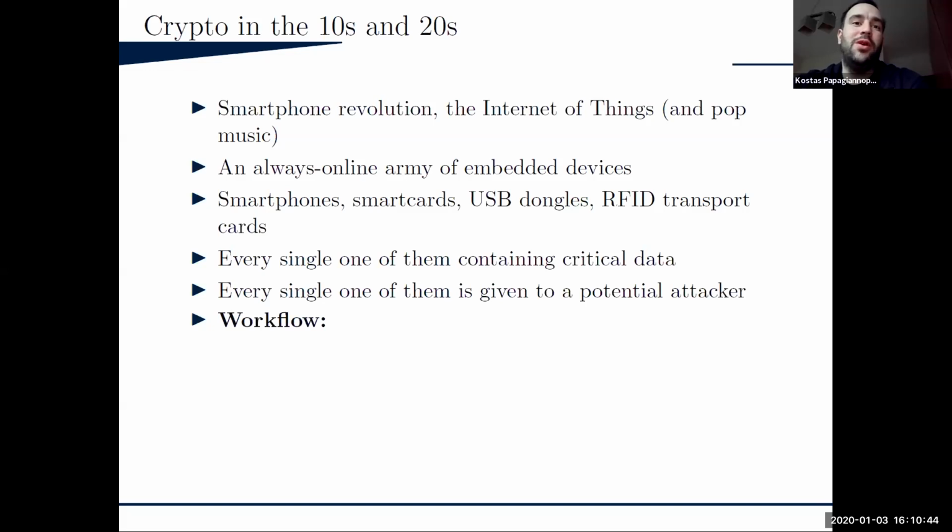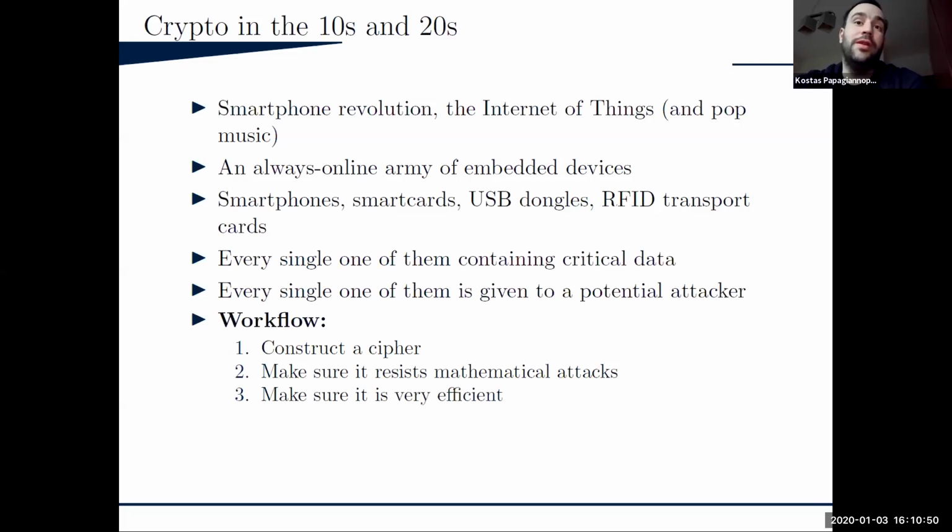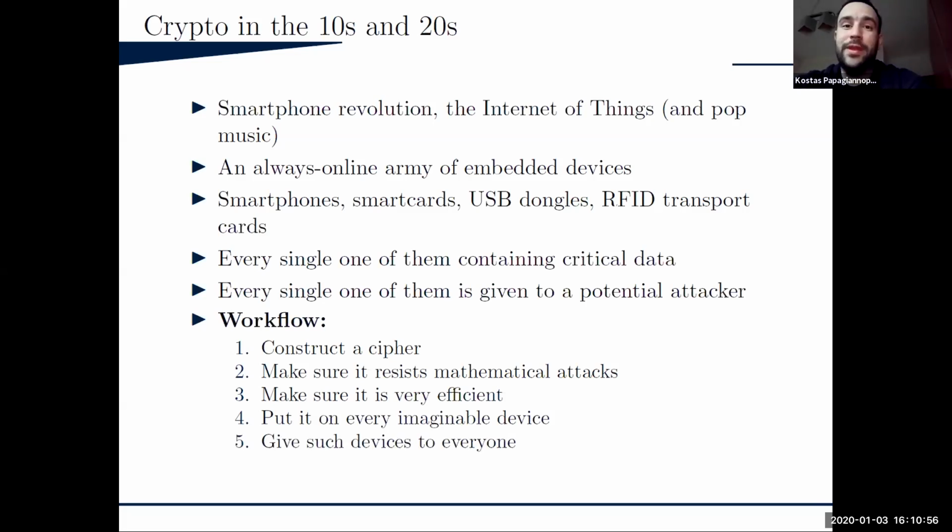The workflow changed a lot. You still were building cryptography. It should be resistant. It should be very efficient. But now it's going to be distributed to everyone. It's going to be on every imaginable device. And it's going to go to everyone that uses, for instance, the train system or an ATM machine. Cryptography, like computing,